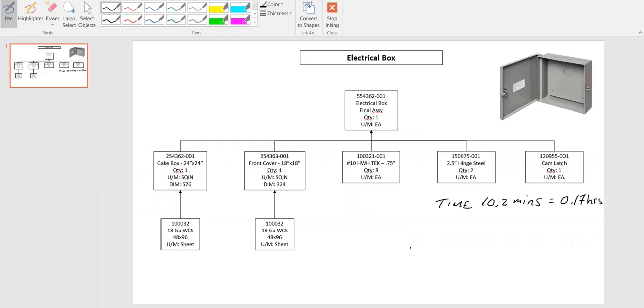So the pay rate, or maybe just to be consistent here, we'll call this labor rate, is $13.85